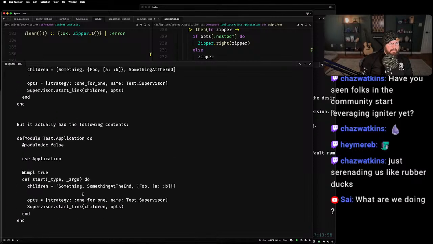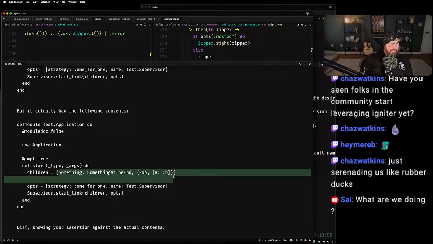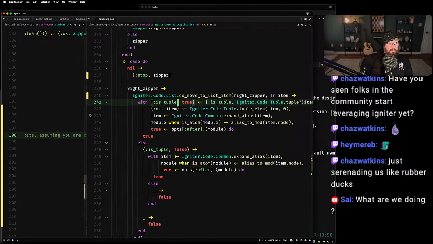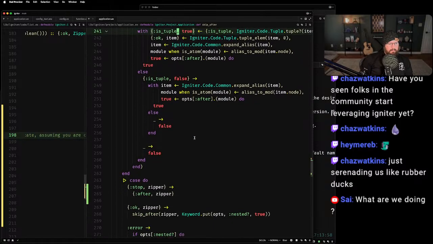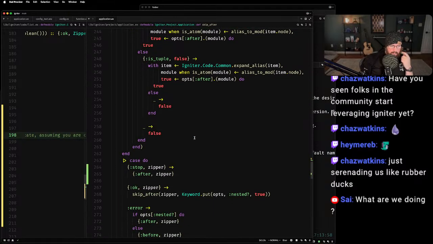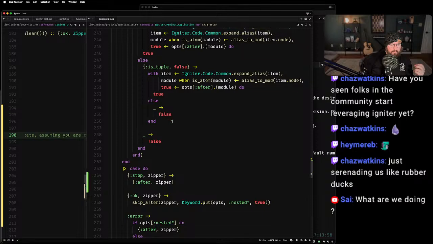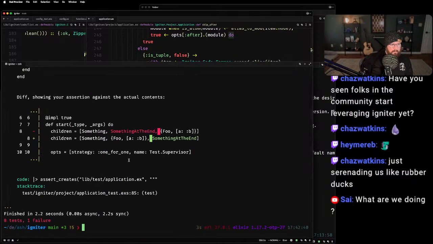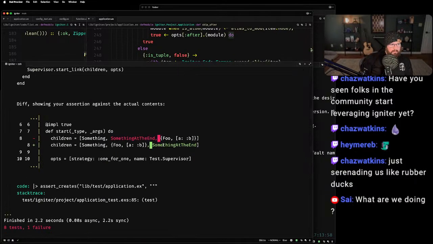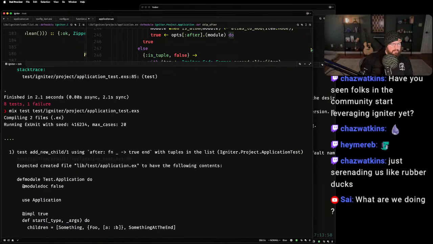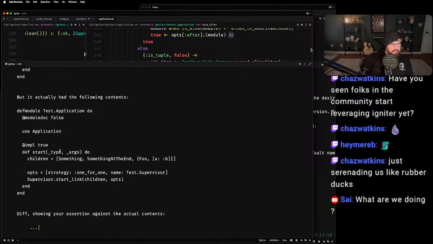So what we're actually getting is it's not putting it, what did we actually get? This is expected to create the following contents, but it actually default.